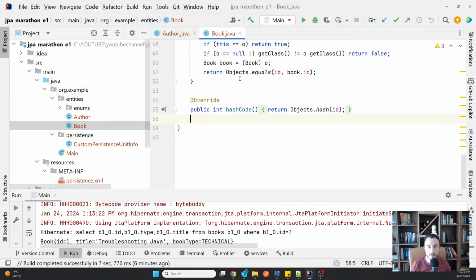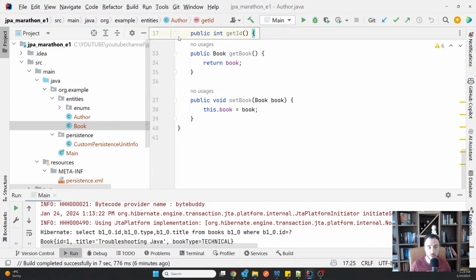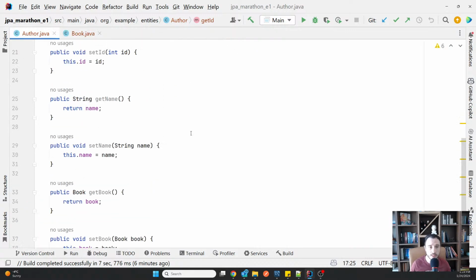So this is a very common and often encountered problem, especially when beginners start working with Hibernate. I can even prove it to you, but let's start with this beginning.